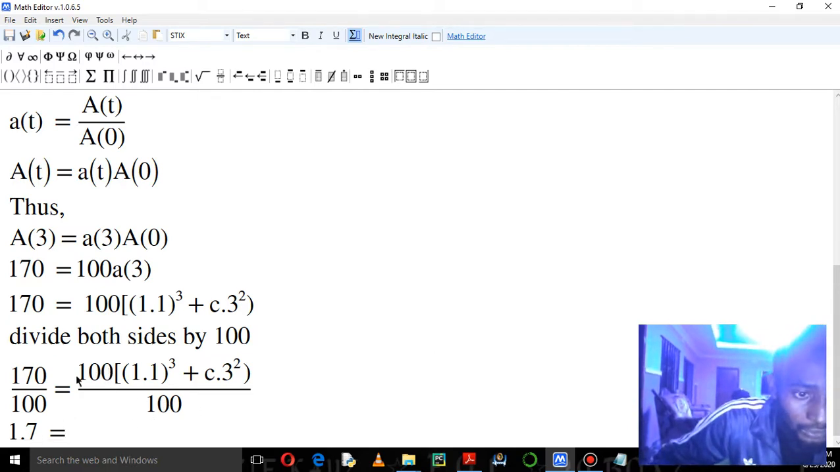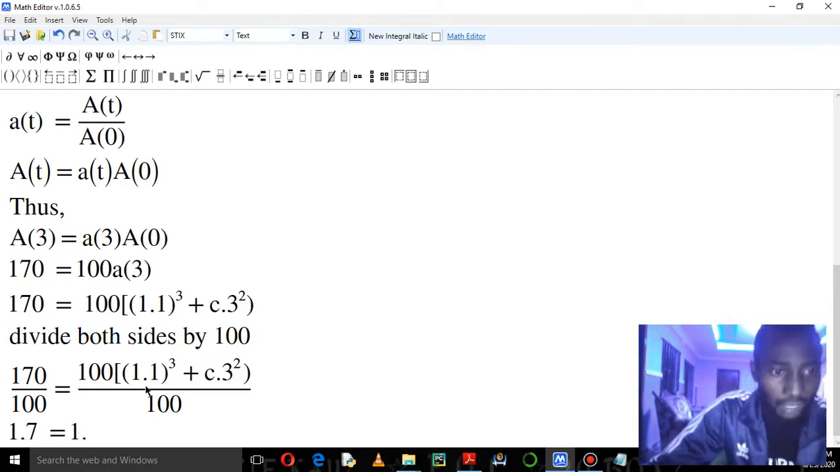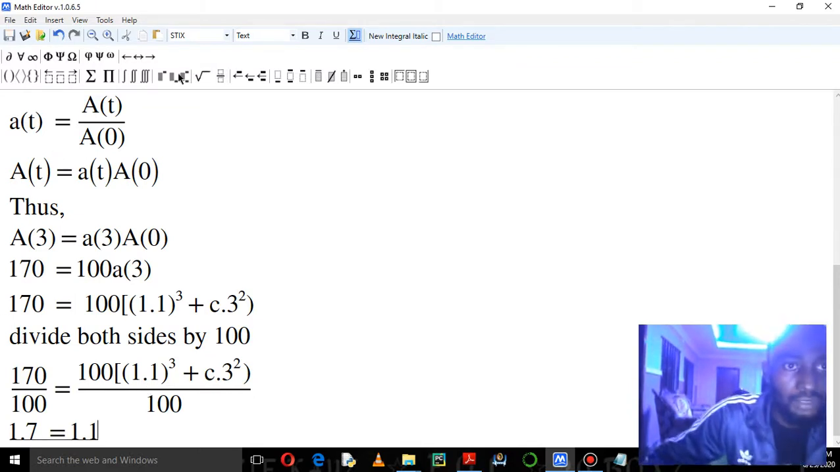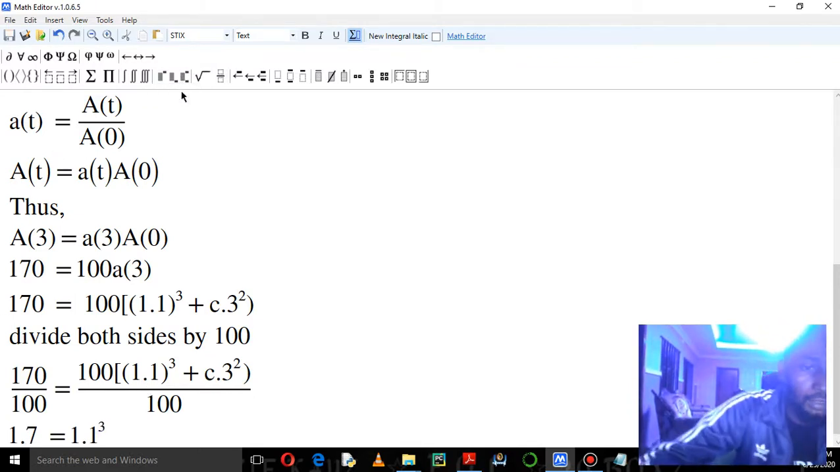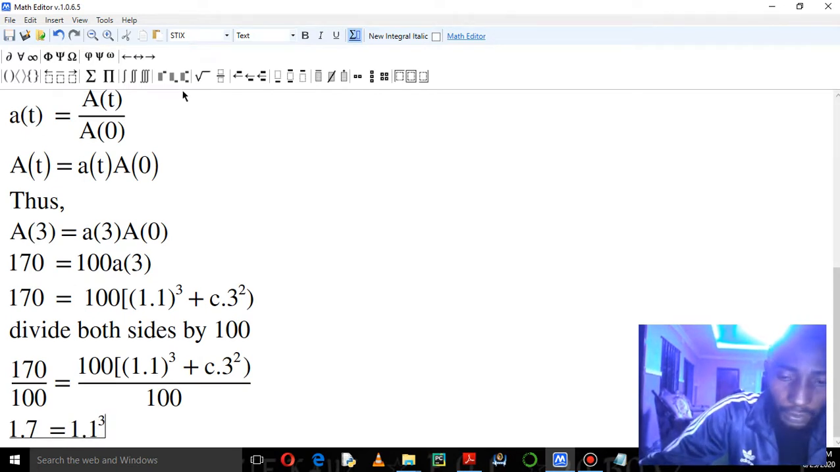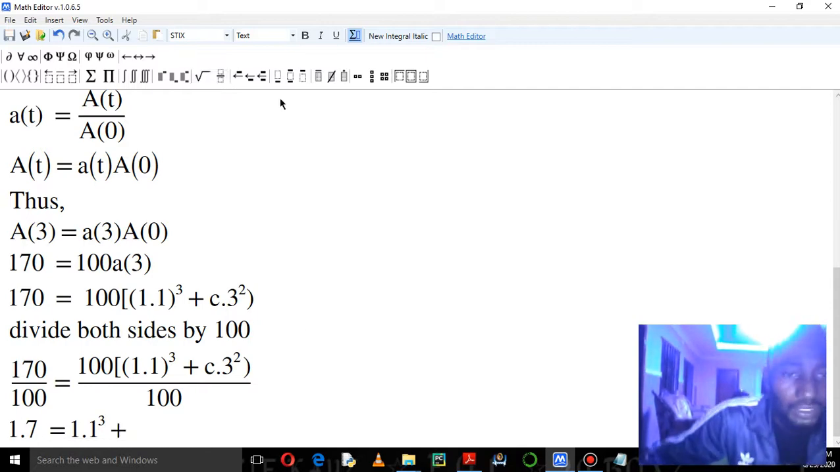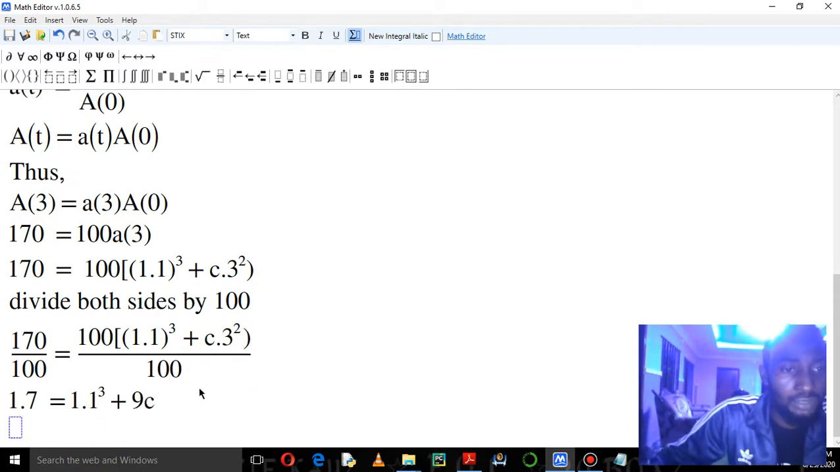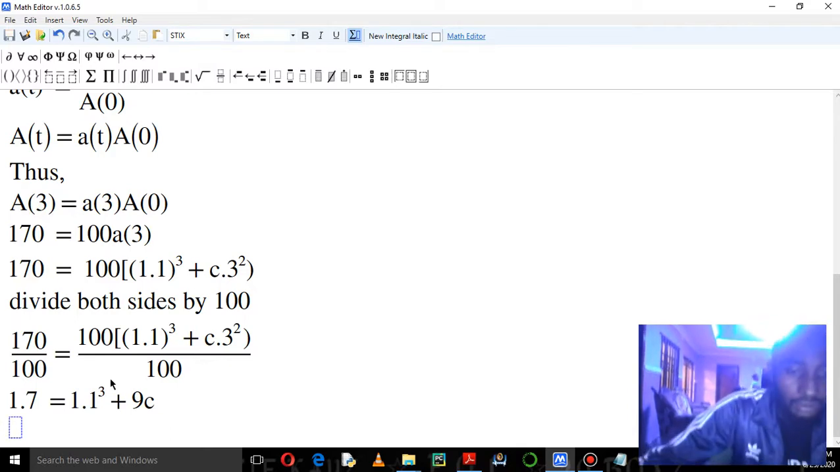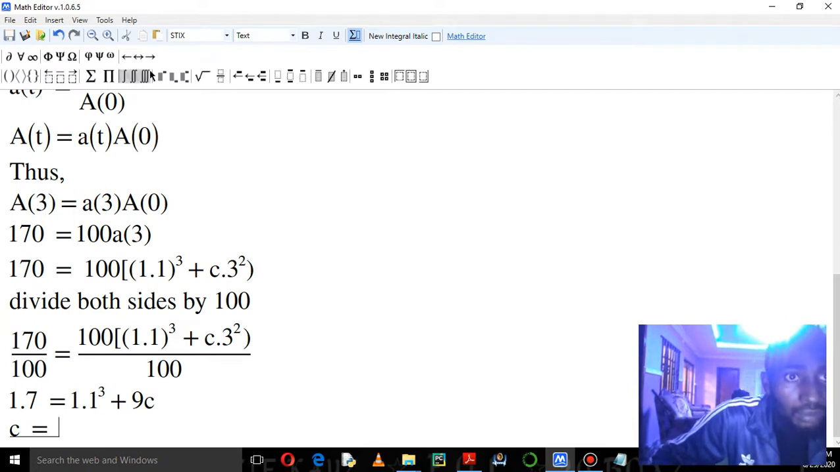We cancel out this 100, right? So we will be having 1.1 raised to power 3 plus 3 squared. What is 3 squared? 3 squared is 9, so plus 9c. So if you use your calculator, our c will be equal to,